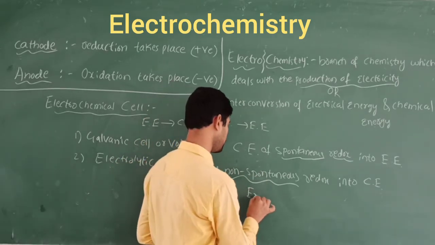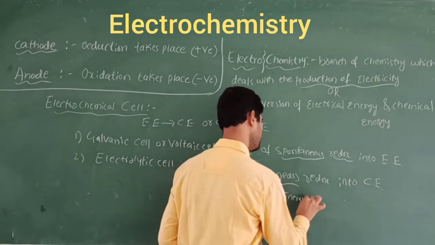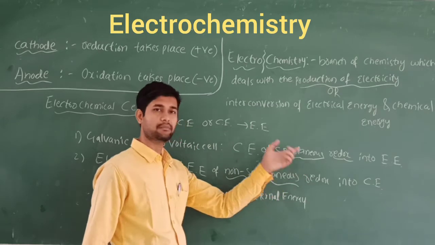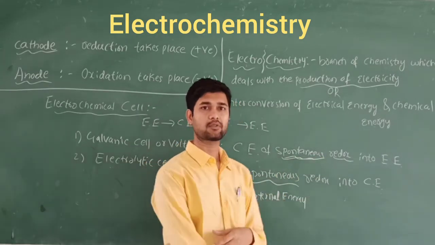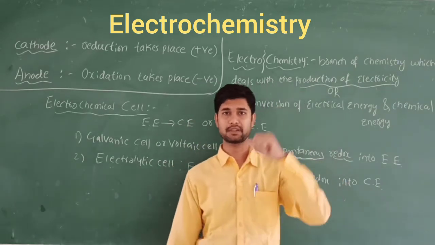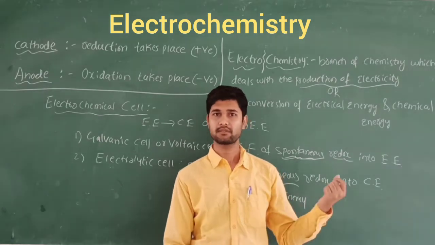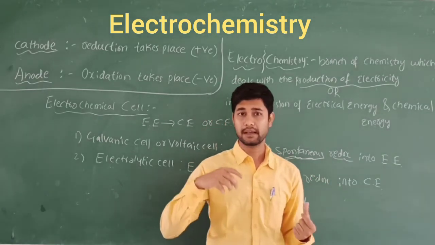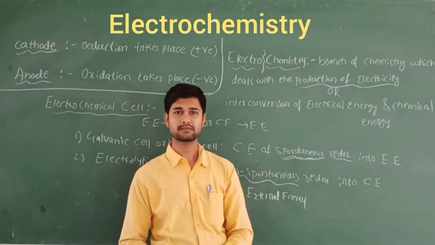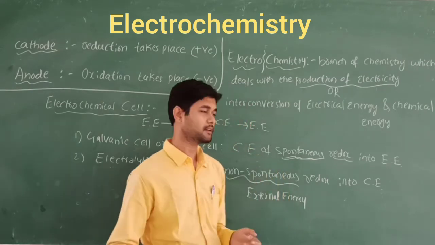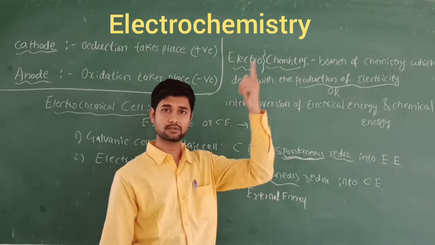Here the external energy is going to be needed for this type of reaction, but here it takes place by itself. If I give an example for spontaneous, you are going to fill the water in the Syntex tank in the upstairs. When you open the tap from the ground floor, what happens? Without any electrical energy, water can flow from upwards towards downwards, right? So not much energy is required. That is called spontaneous flowing of the water from the tank in the upstairs to downwards.